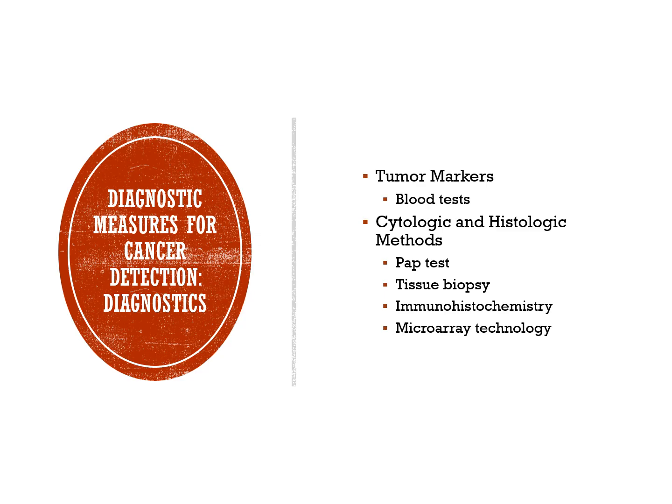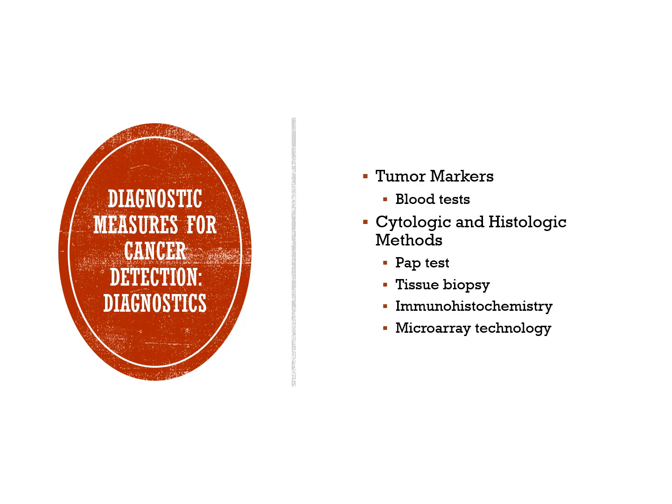We also have a lot of cytological and histological methods for cancer diagnosis. So we talked about pap smear. That pap test, or looking at the cells themselves, is what we call cytology. We're looking for any undifferentiated cells or changes to those cells. We do a lot of tissue biopsy. So if we note an area of abnormal growth, maybe on a screening, then we would go in and biopsy